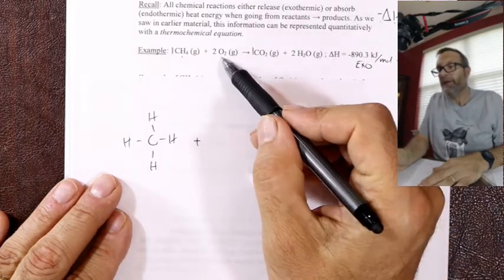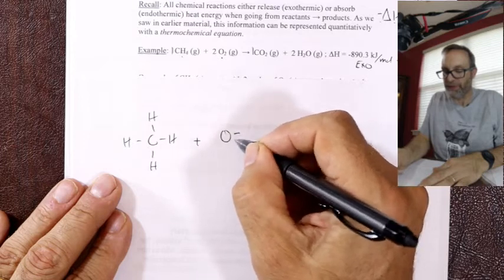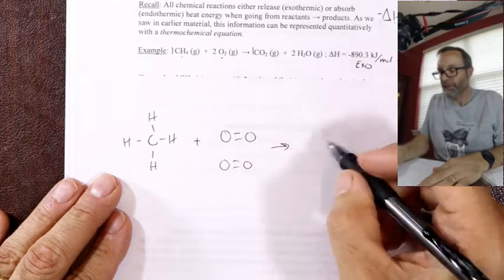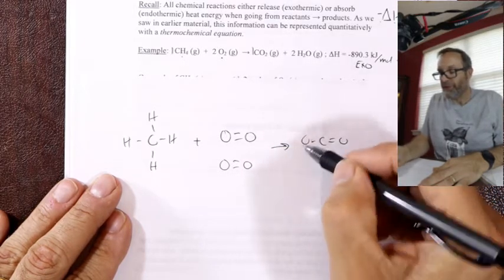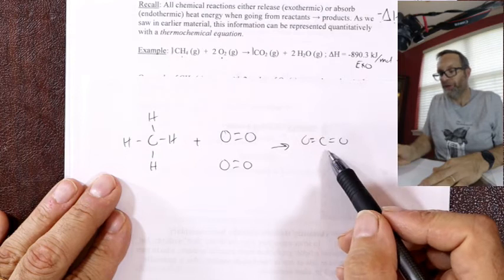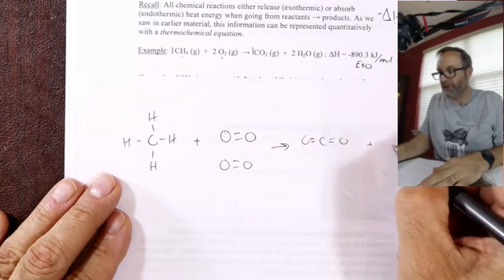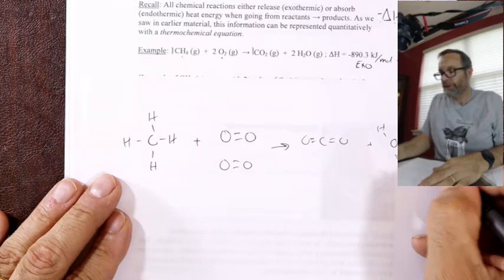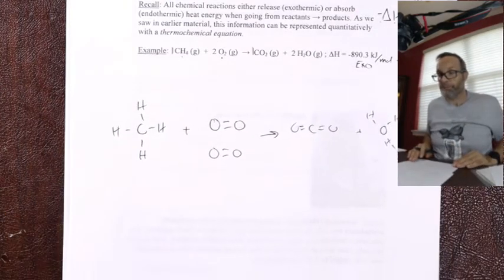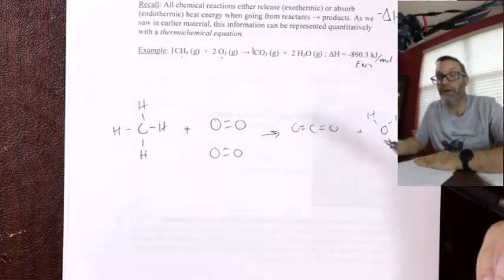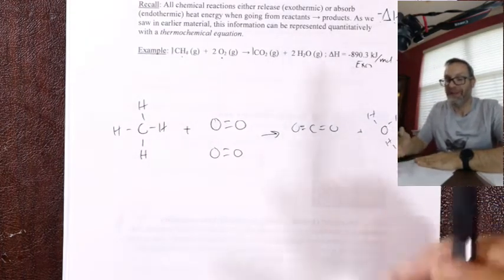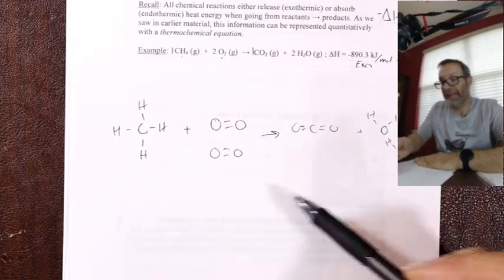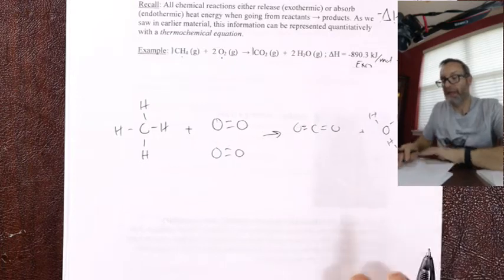1 CH4 plus 2 oxygens. Now, oxygen has a double bond. We're going to have that later. It turns into CO2. These bonds between oxygen and carbon are super strong. 1 CO2 and 2 waters. Now what I want you to do to prove it to yourself that we can get a reasonable approximation, remember what I said: you break the bonds here and you make them over here. So the difference in energy stored in these bonds will be delta H. You get the numbers